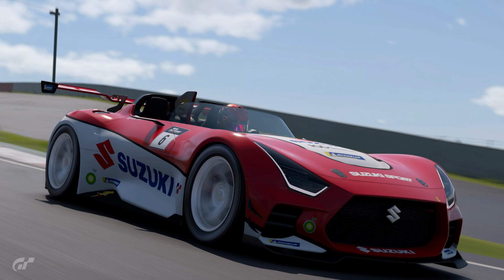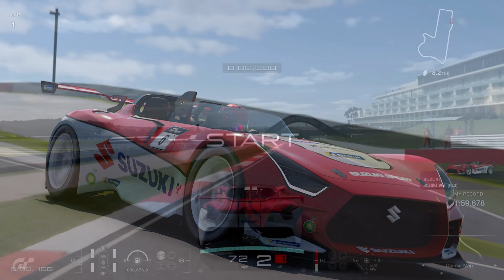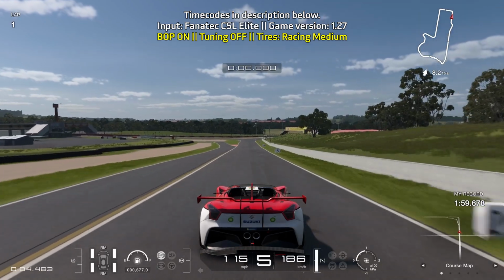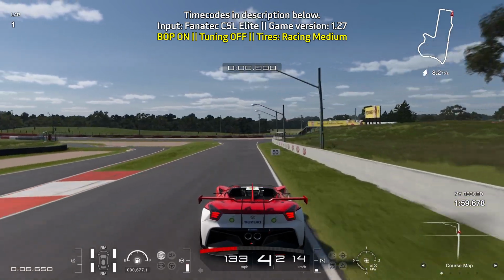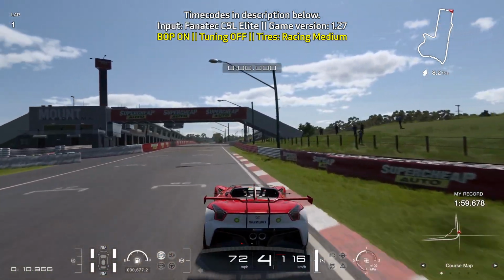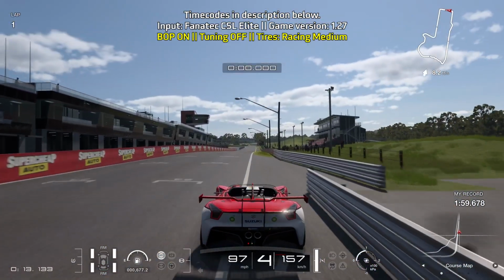This is a lap guide for Mount Panorama, and for today's video, we're going to be in the Suzuki VGT Group 3, and we're on the racing medium tires with BOP on. So, wanted to try something a little different from the Nissan GT-R. The VGT is pretty good down the two big straights, but it is a little interesting when you go through